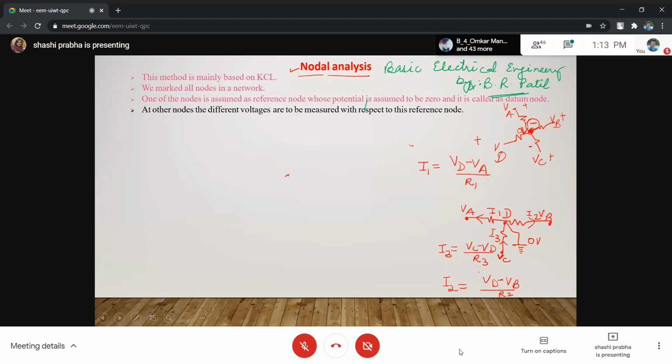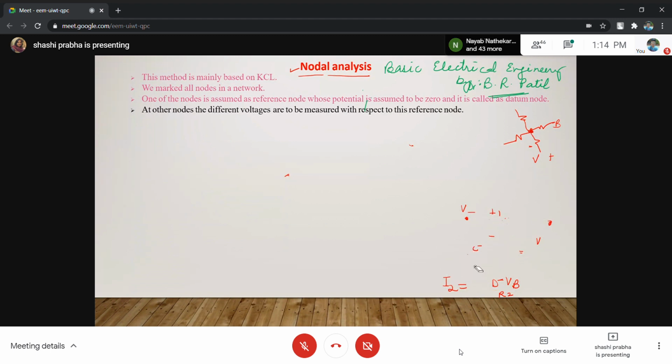Wherever you are taking the current flow, randomly you will select the direction. This direction we have selected as per our choice. So this is the sign convention we are going to take. Please keep this sign convention in your mind. Current flows from higher potential to lower potential. So whichever direction of current you consider, take its lower potential and its higher potential.